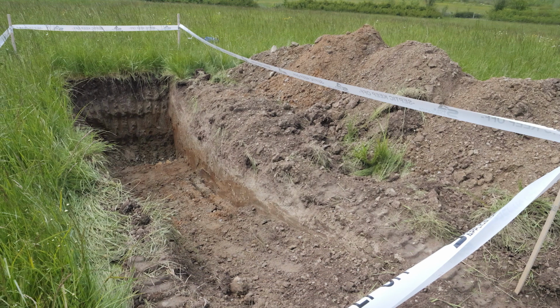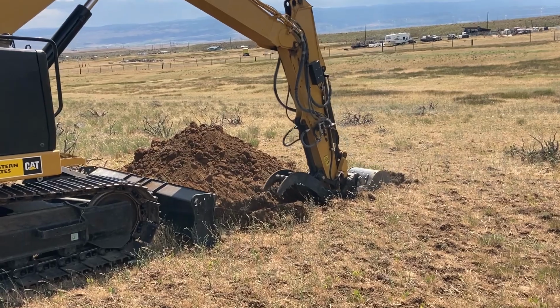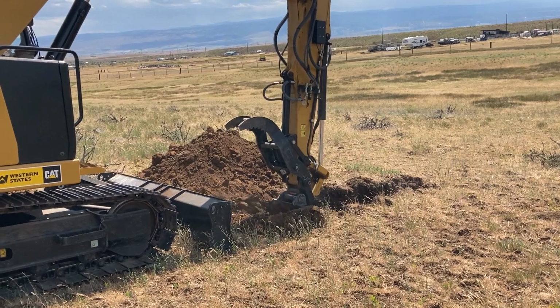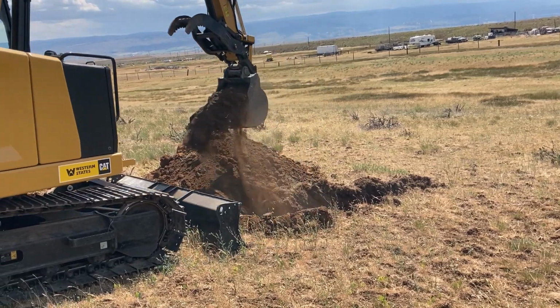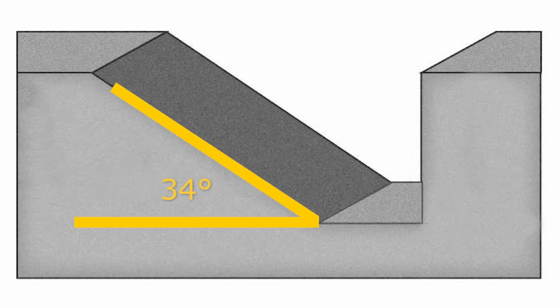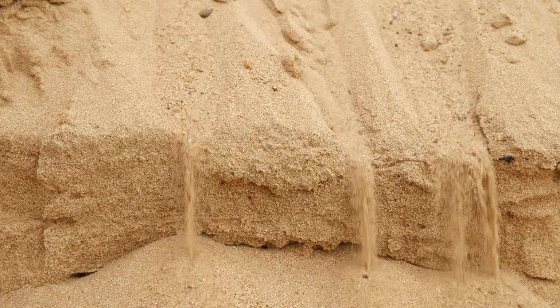To analyze the soil where a septic system will be installed, you need what's called a test pit, which is usually dug with an excavator by a professional. Before you enter a test pit, make sure it is safe to do so. Excess dirt must be at least 2 feet from the edge, and all nearby machinery should be turned off. There should be a ramp of no steeper than a 34-degree angle to walk down, and you should never enter deeper than 4 feet. If there are cracks in the pit wall or the soil is not stable, do not enter.